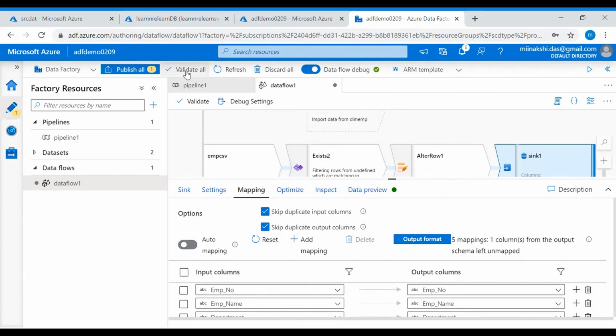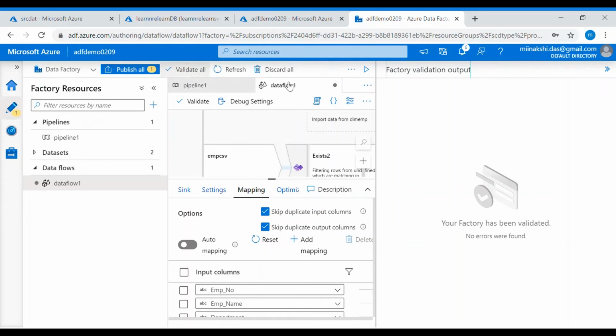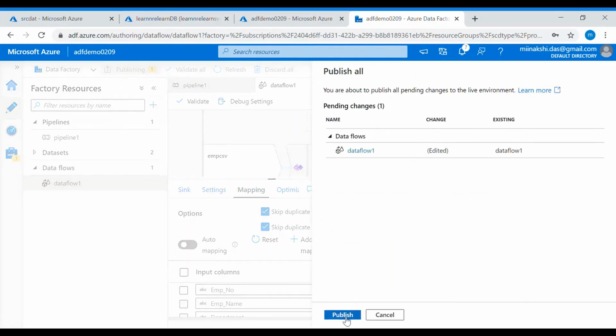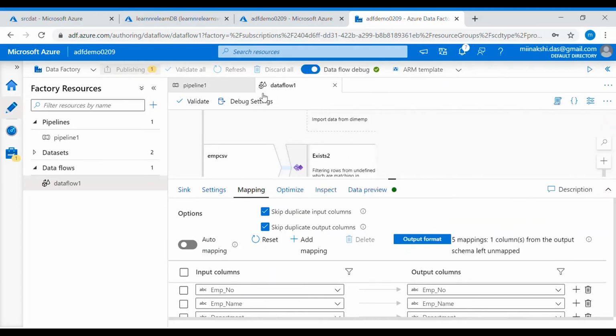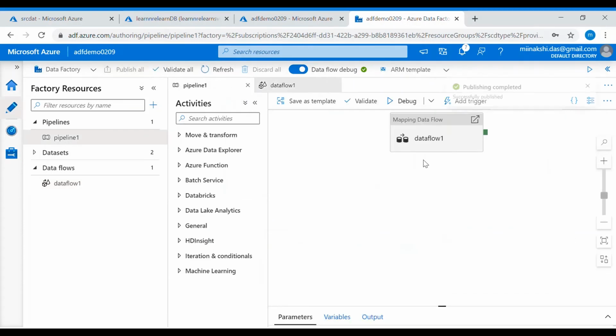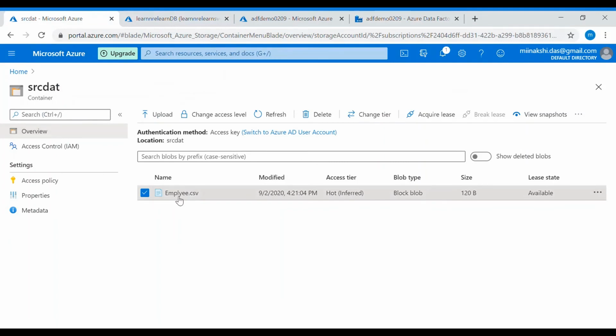Now this pipeline we will validate. It is validated. Let's publish the pipeline. Pipeline is published. Now we will debug the pipeline. Before debug, let's update some data in our source blob file.